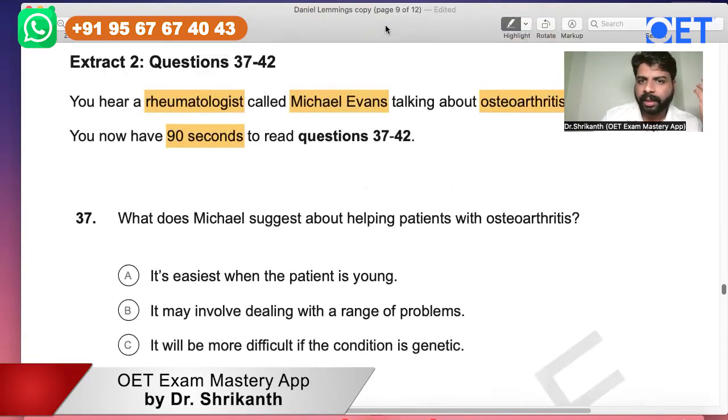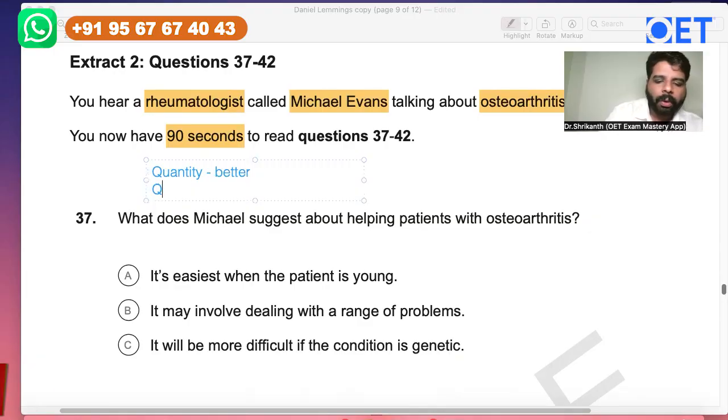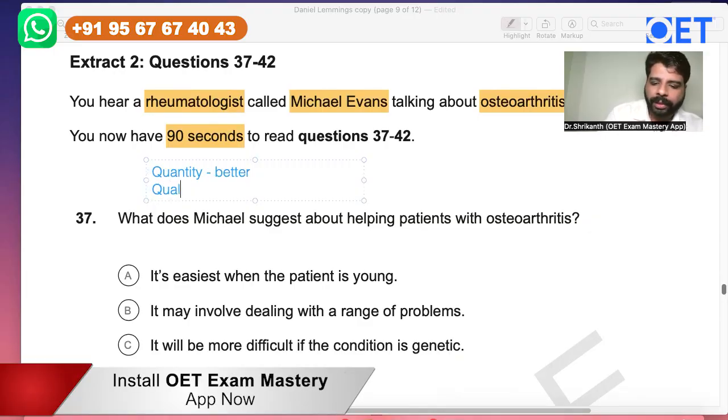Because what are they thinking? They are thinking that the more quantity I have, the better. That is what they think. Okay, but let me tell you, quantity does not matter. It is quality. Even if you are reading just one time, okay,